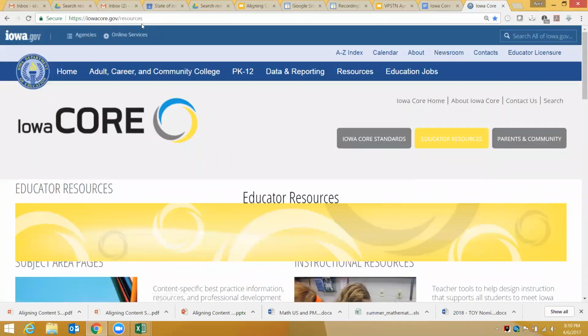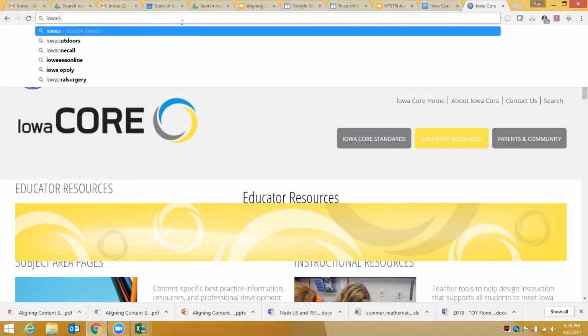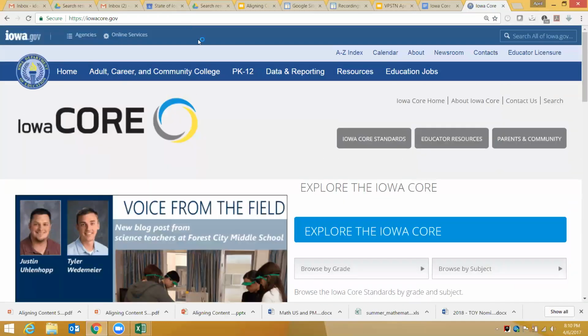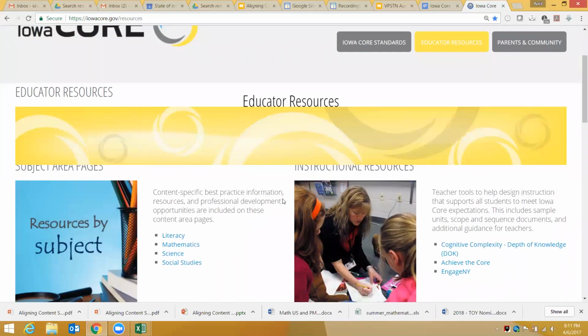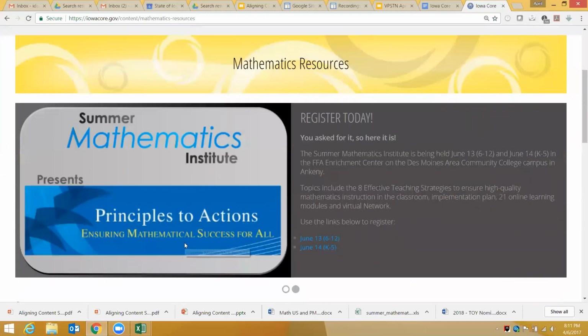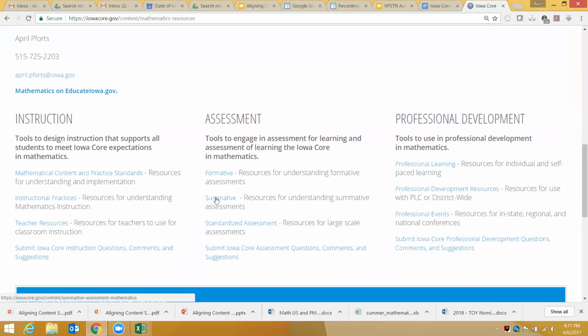So we go to iowacore.gov, and from this home page here, you'll hit Educator Resources, and this will open up our subject area pages, and then you'll click on Mathematics, and then underneath we'll go down to Summative Assessment,